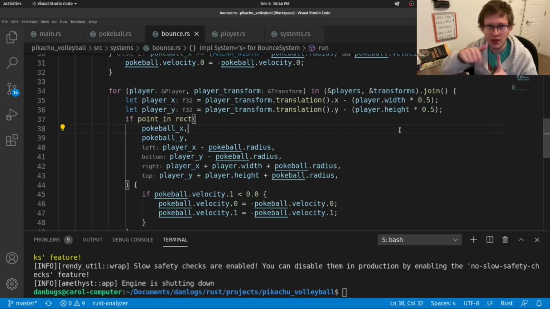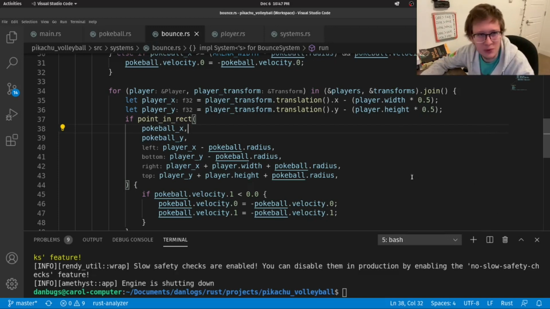Now we will subtract the radius so that our rectangle that's like this from the player will be like this. Does that make any sense? Hopefully it does. If not, just ask me in the comments and I'll draw pictures and I'll find a much better explanation.